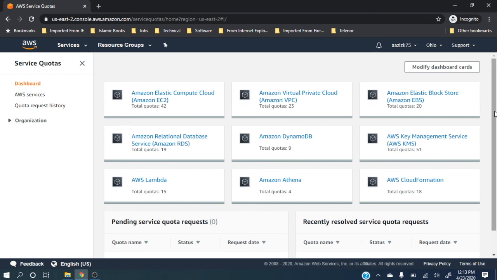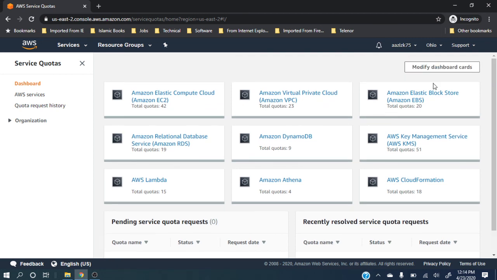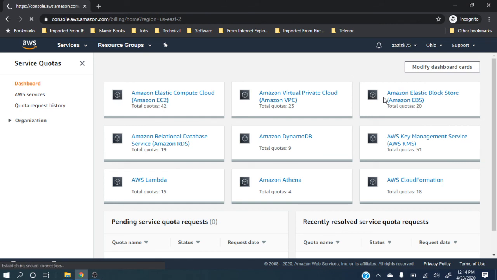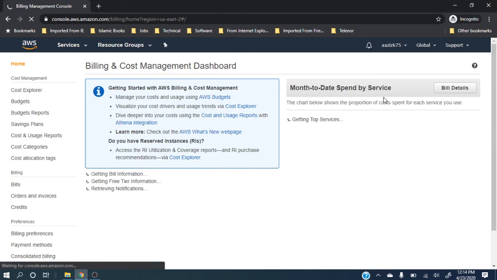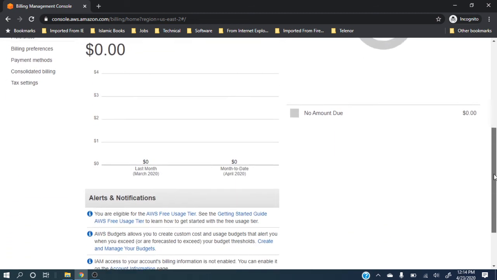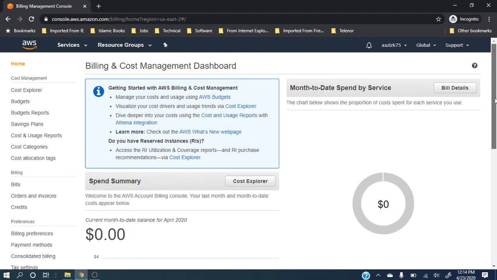Right now I'm not using anything. I have not built anything. So this is quotas. And one more thing that I will show you is the billing dashboard. This is something that you should keep an eye on, because if you don't, then maybe you will be charged and you will not even know it. For me, I have not gone above my quota for anything. I'm just within the quota. So that's why everything is 0.